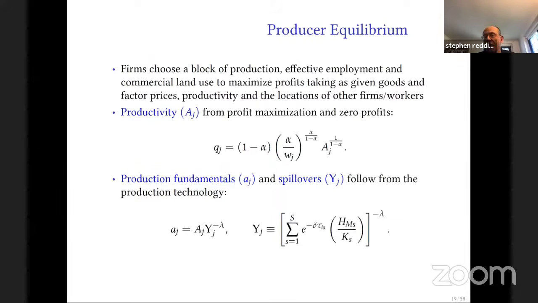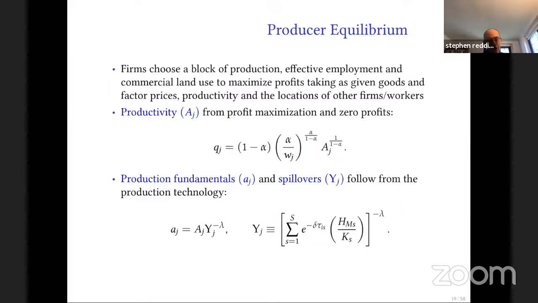Well, if we have perfect competition and constant returns to scale, it's going to be true that the price of the final good is equal to its unit cost of production. And so if I rearrange that cost function, I know that the price of the final good is 1. So I have 1 equals the cost function, rearrange the cost function, and I can express the price of commercial floor space in terms of the wage in each location and the overall value of productivity, capital A. And again, this has a very intuitive